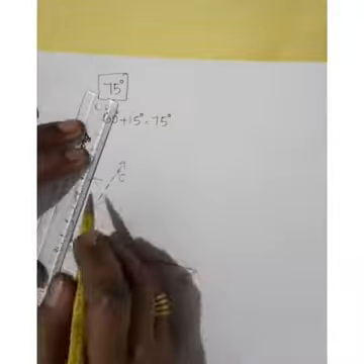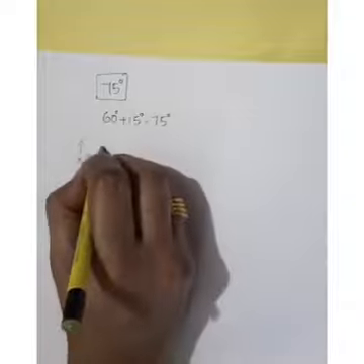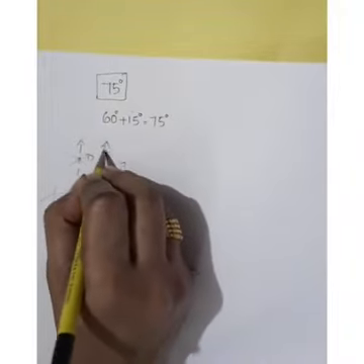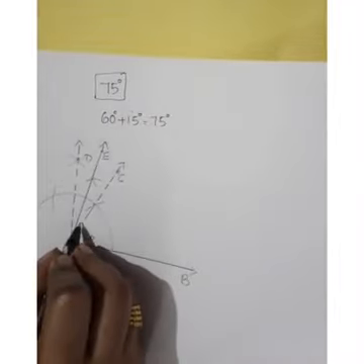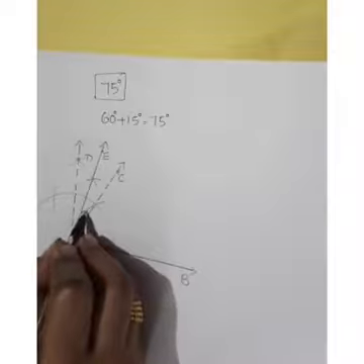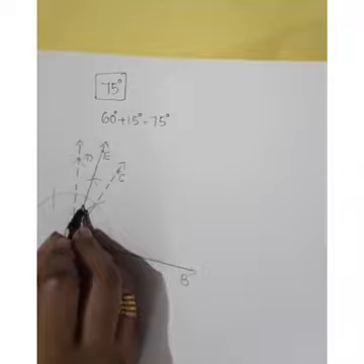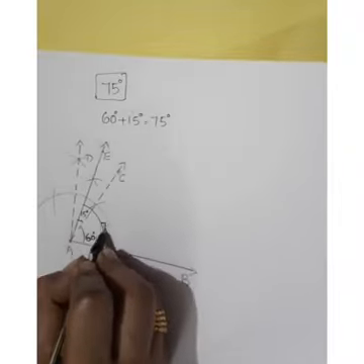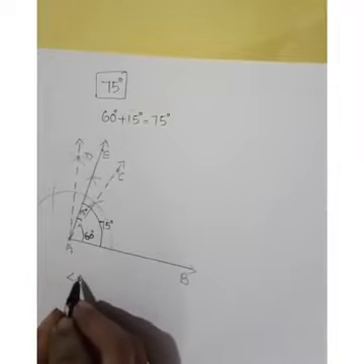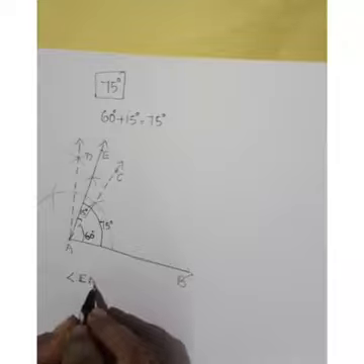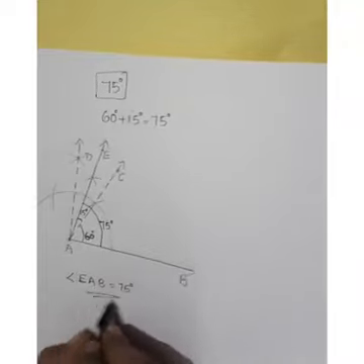This is our 75 degree line. So you can draw a full line. I want to give E. So the required angle is, this is 60 and this angle is 15 degree. This is 60 degree. So together we will get a 75 degree. That means our angle is angle EAB. That is our required angle 75 degree.